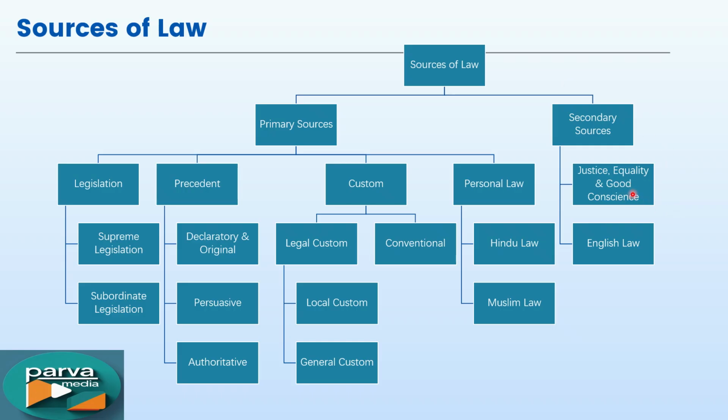and good conscience. The other important source for Indian law is English law, a historical influence, especially in common law countries like India, where most of the laws are derived from English law. So these are shaping to a larger extent the structure of the country's law. This framework helps us to understand not just what the law is, but why it is and how it reflects society's values, tradition, and institutional authority. Let's explore each source in detail.